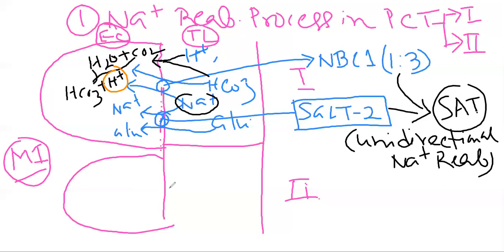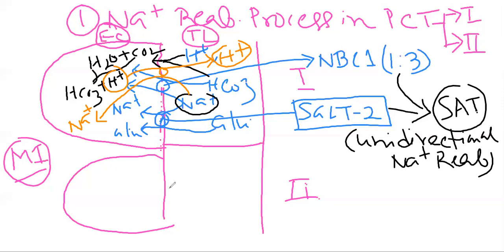So it has to come out from the cell by the action of an exchanger mechanism. That means the sodium hydrogen ion exchanger. So here the important pump which is required is known as the sodium hydrogen ion exchanger, by which sodium ion can enter into the epithelial cell from the tubular lumen, and hydrogen ion eventually comes out from the epithelial cell into the tubular lumen, so that an acidotic situation will not arise within the cell.